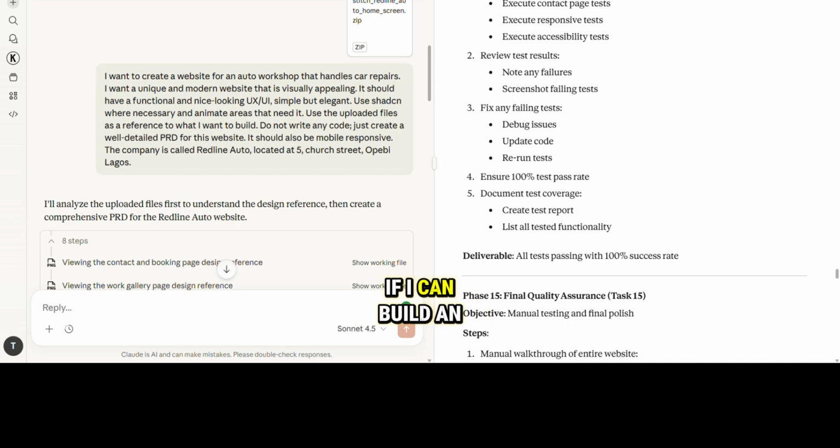I was just trying to see if I can build an entire website with just a single prompt. Okay, but using a single prompt means I have to make it very detailed. So the first thing I did was to go straight to Claude, and then I gave Claude this prompt, which